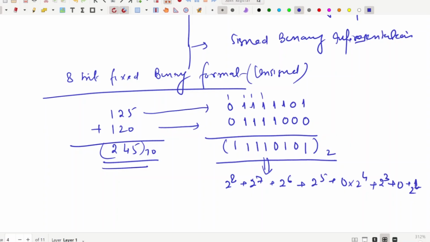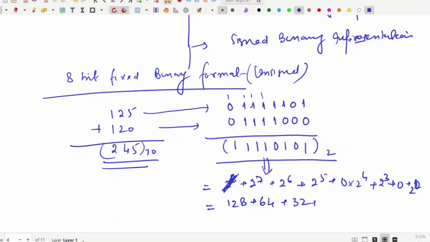128 plus 2 to the power, not 8, 2 to the power 7, because a total of 8 bits are there. So this is 128 plus 2 to the power 6 means 64 plus 32 plus 2 to the power 4, the bit positions 7 6 5 4 3 2 1, that is also 0 plus that is 1. So this is 32 plus